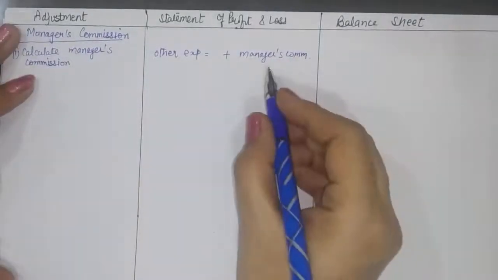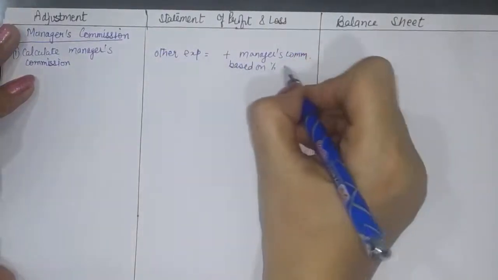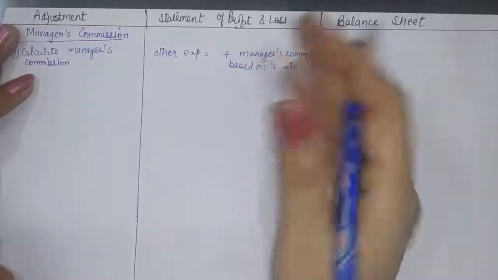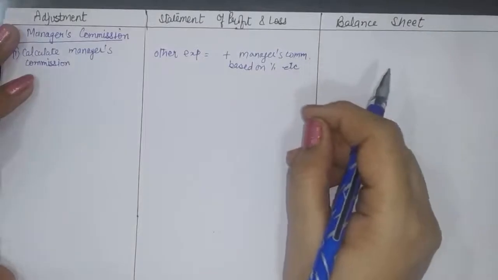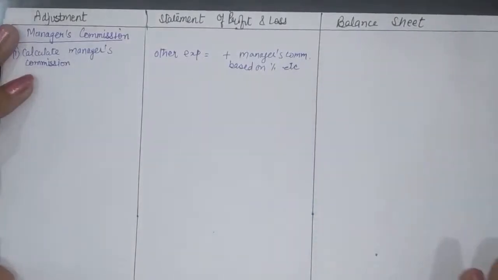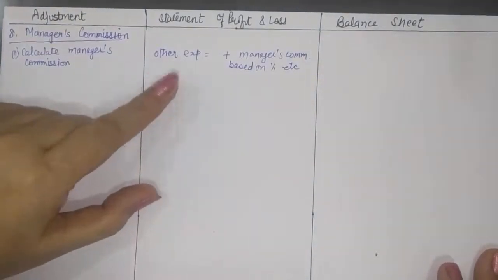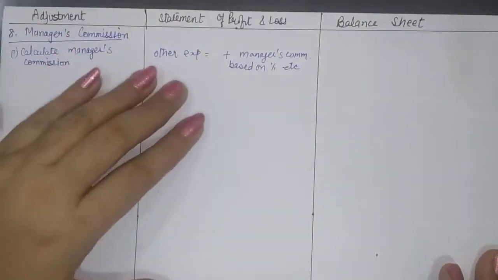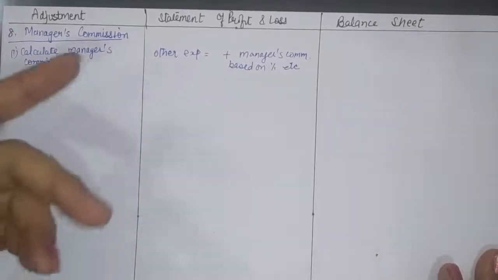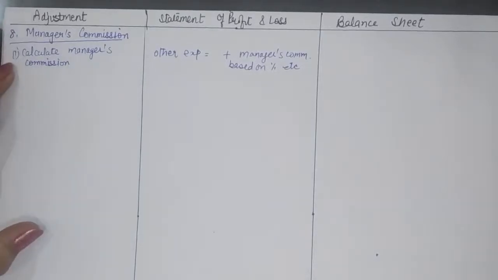Okay, you can easily calculate it if it is based on sales or turnover. Now compare the amount of commission with the actual commission paid during the year and calculate outstanding commission. So suppose your commission paid during the year as per the trial balance is say 50,000 rupees, but when you calculate the commission, it comes out to be say 58,000 rupees. It implies that out of 58,000 rupees of your expenditure, you have paid 50,000, so you are still to pay 8,000.